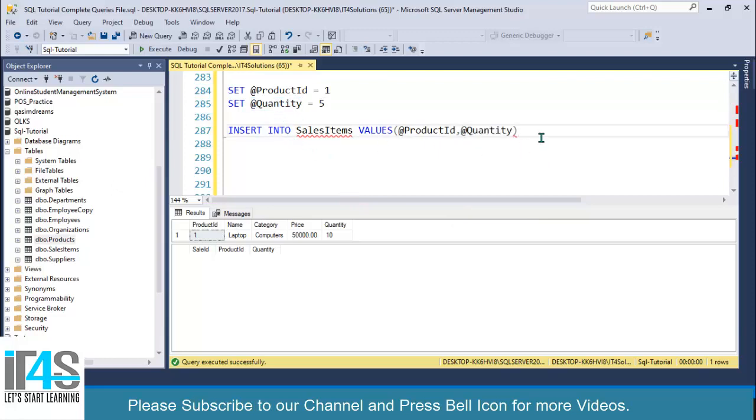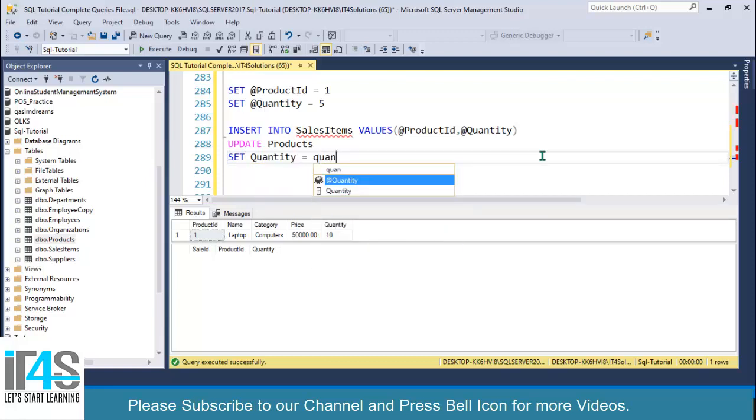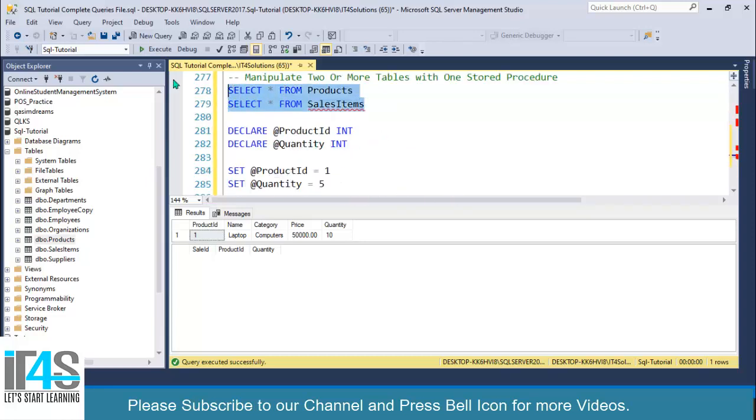After inserting the item record into sale items, I will update the products table and set its quantity equals to quantity minus selling quantity, where product ID equals to this.